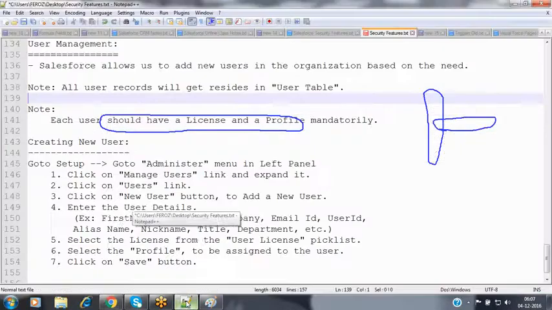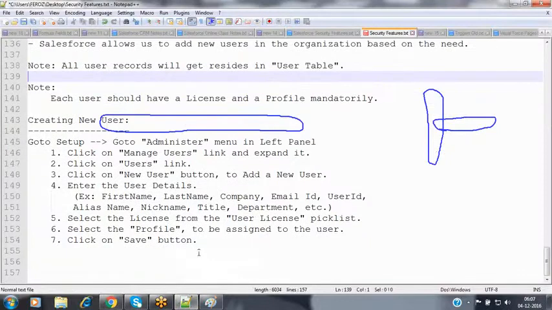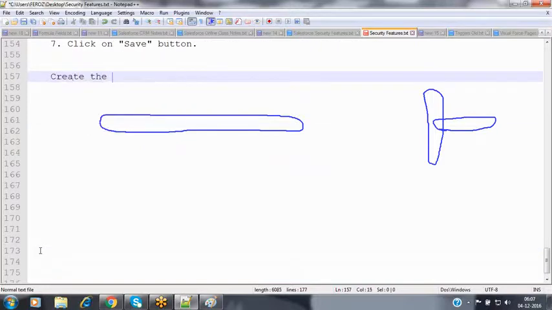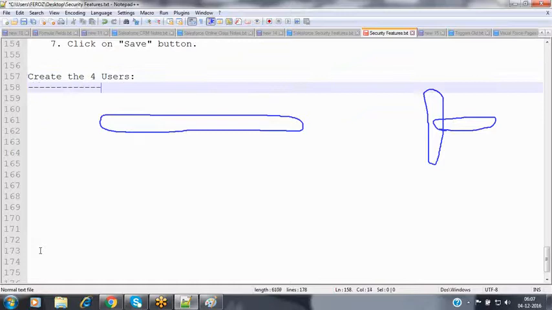So here I would like to create 4 users, because 4 licenses are remaining right now.